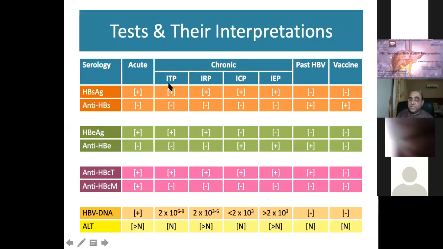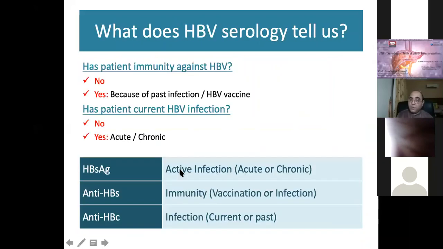But if the patient is in the immune tolerant phase or immune control phase or past infection, these patients do not need treatment. Acute hepatitis B, by default, we don't treat with antivirals unless it is indicated. That will be the scenario which Altaf Saab will be discussing with you, but it will be a very peculiar scenario. Okay.